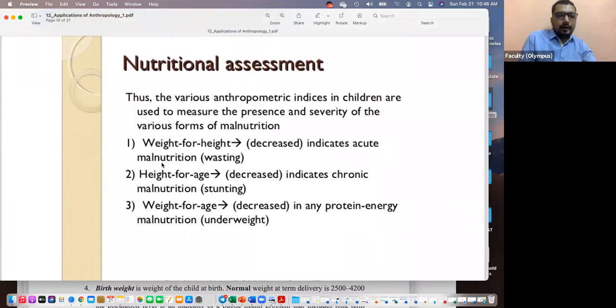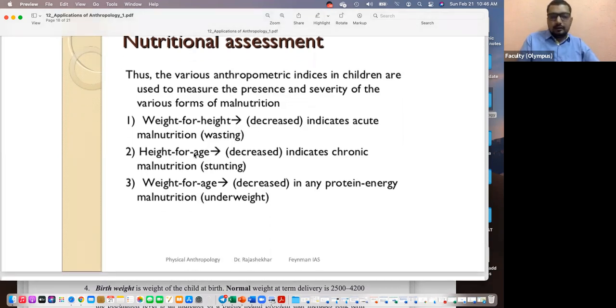And what do they tell us? So let's say you made the measurements, anthropometric measurements have been made. What do you learn from it? Let's say weight for height is decreased. For a given height, weight has decreased. What does it indicate? It is indicating wasting, malnourishment. Wasting is happening. Their muscle is lost. The body is eating up the muscle for energy. We talked about this in marasmus, right? They become extremely thin, with no proper input of energy sources. So a weight for height decrease indicates wasting, indicating malnourishment.